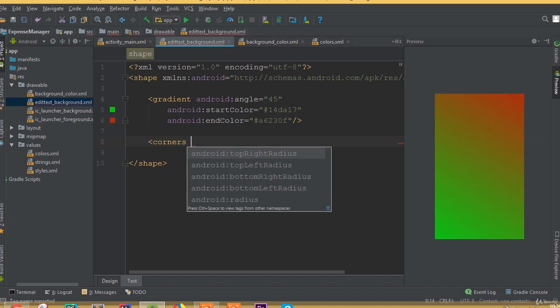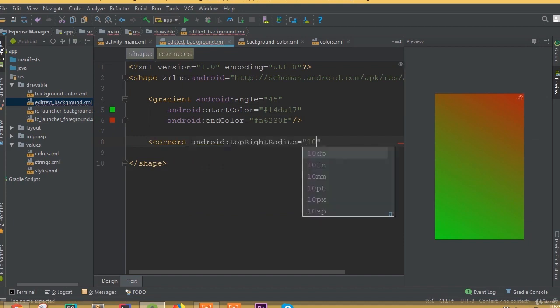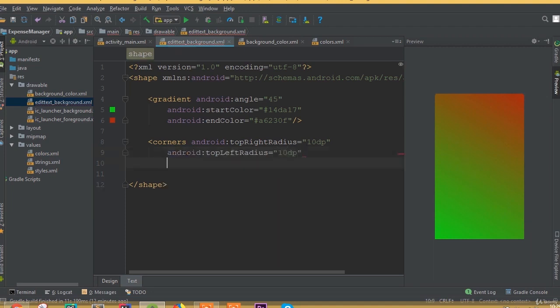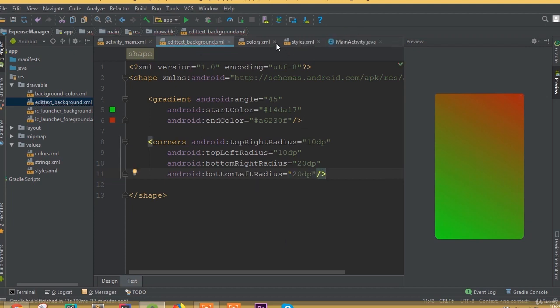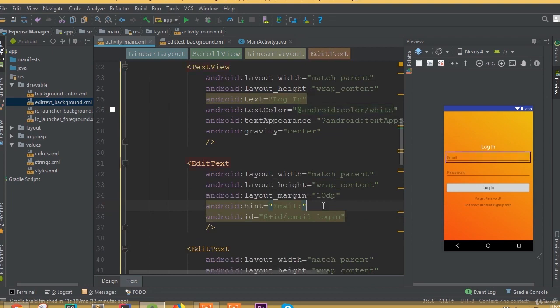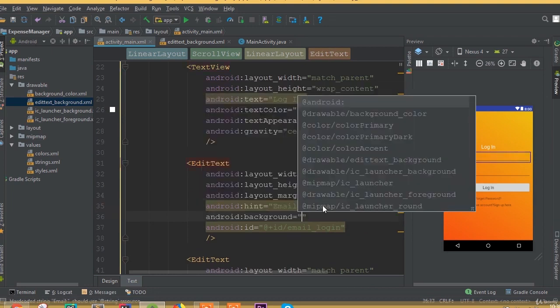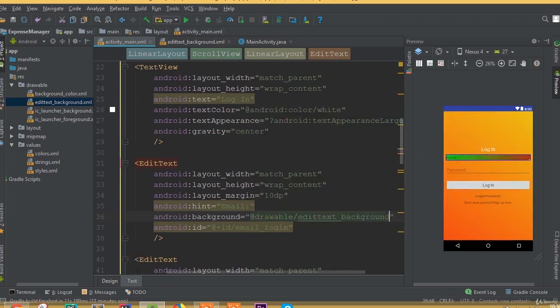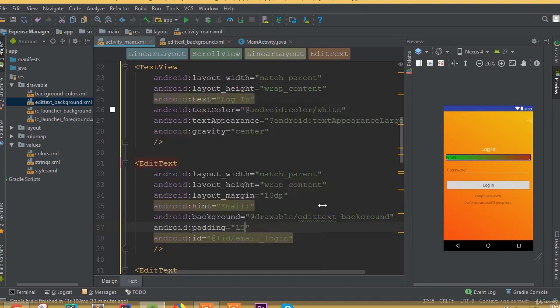Okay, now add a corner. We can call it top right radius 10 dp, top left radius 10 dp, bottom left radius 20 dp, and bottom right radius 20 dp. And now inside this edit text we need to add this one. So we can select background and select drawable edit text background, and we need to add a padding. Select padding 15 dp,